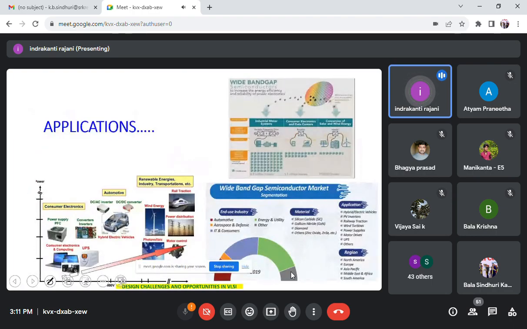And these are some of the applications which I want to just look at a glance, where the market end use is the automotive industry. These are the materials, the applications, all the electronic devices which we are using. And you can see consumer electronic devices, converters, automotives, renewable energies, power distribution, UPS, all the devices are having